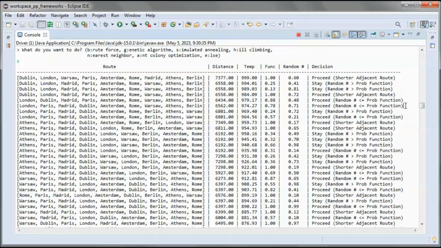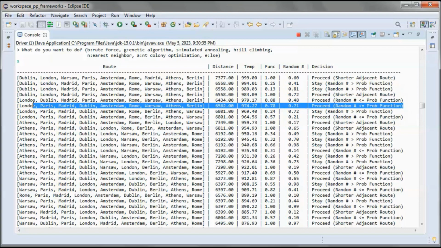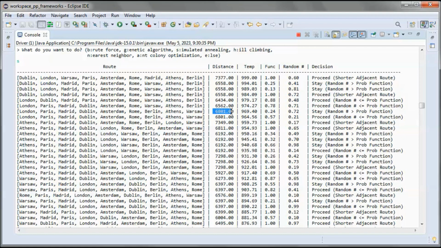So now we are here. So this is the difference between simulated annealing and hill climbing. So now same thing, the adjacent route has a bigger distance, but we still proceed since the random number is smaller or equal to the probability function.